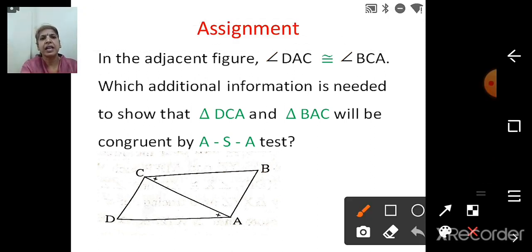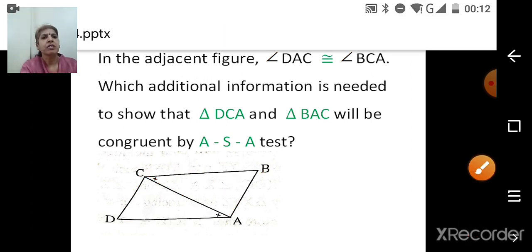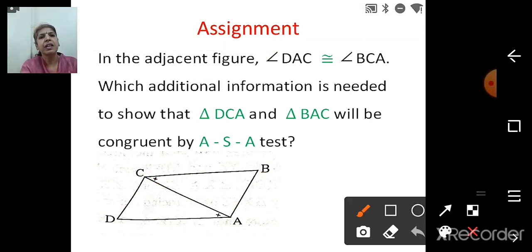That is the triangle DCA, this one, and triangle BAC, this is the second one. So two triangles are given and what information is given? Angle DAC, this angle is congruent with angle